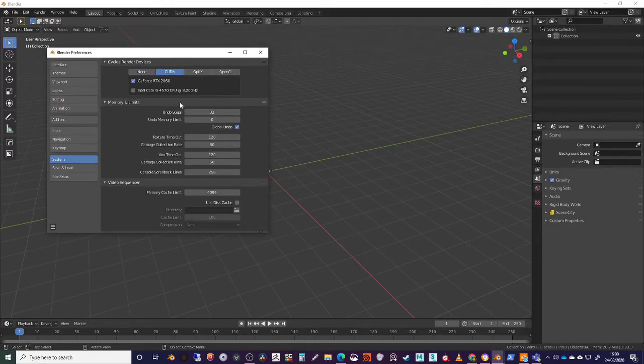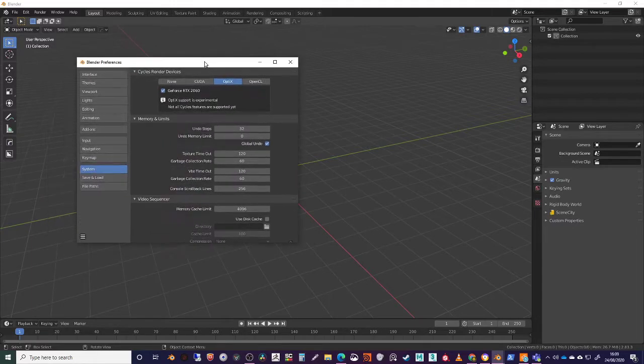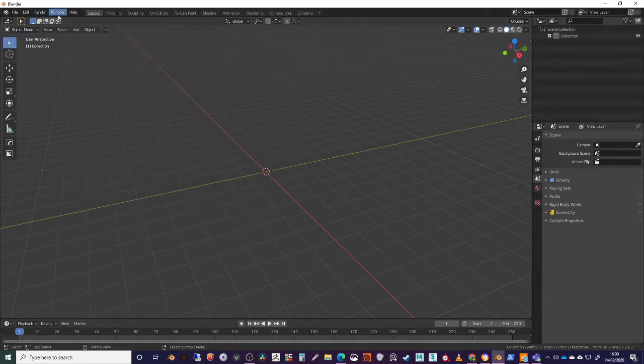So I've got a 2060 card here, so I can say that my Cycles render device will be using the RTX, which is good, and that we'll be using OptiX, which gives us some experimental features. It speeds up render times, and we can set some of the other bits and pieces in here. So as we move forward, there's obviously rendering, and there's different windows, new windows and things like that we can pull out. When you go into Maya, you have